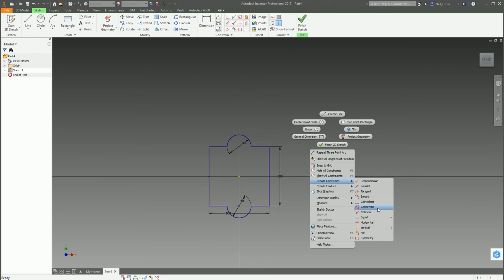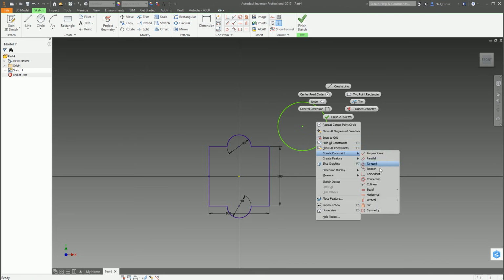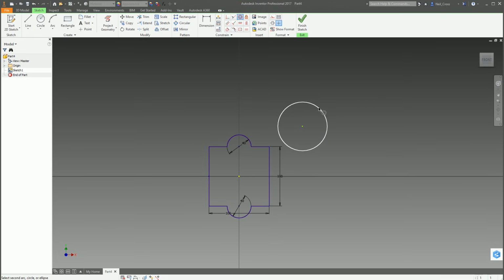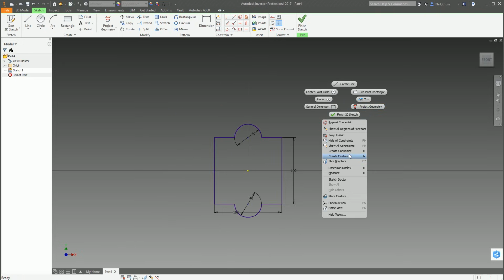We've got concentric. Right, concentric allows you to place a circle or an arc concentrically positioned to another one based on center points, really. So we could do a circle like this. That's a bit big, maybe that big. Right click, create a constraint, concentric, place that circle and then that arc, and it will place them onto the same center point. So this circle is now sharing the same center point as that arc because they are concentric to each other. So that's concentric constraint.